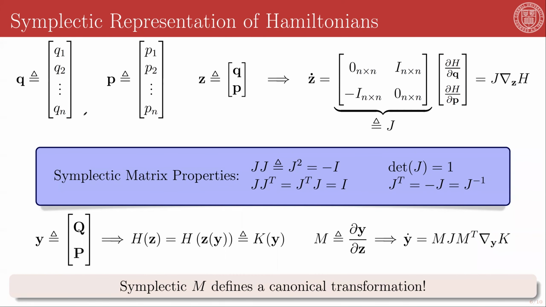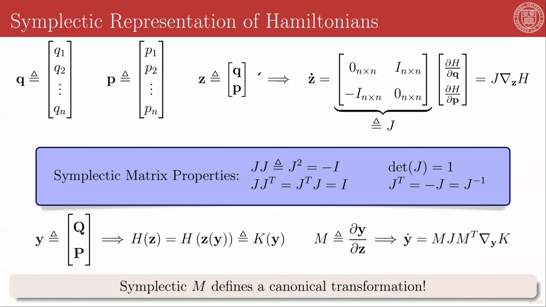We have previously packaged up the generalized coordinates and conjugate momenta associated with a Hamiltonian system into vectors q and p, and now we will take this process one step further and package both of these into a single state vector z. The time derivative of z is given by Hamilton's equations, and you'll recall that the time derivative of